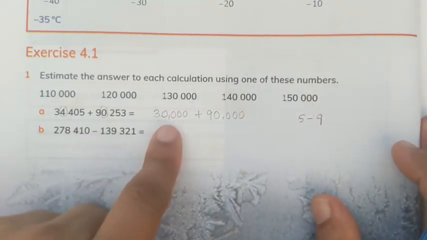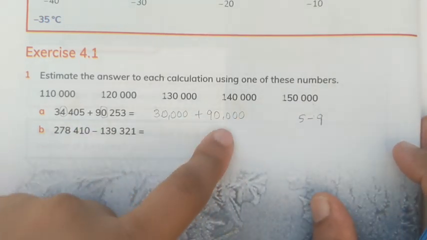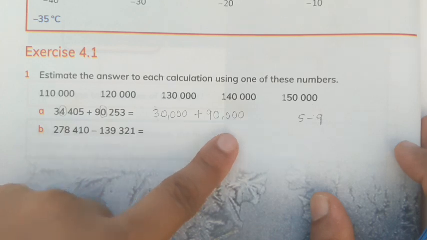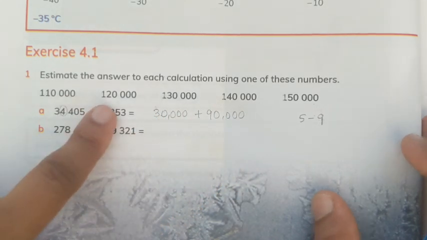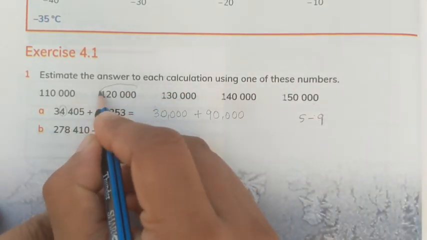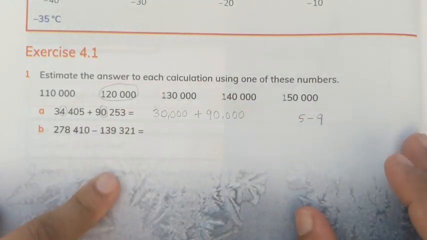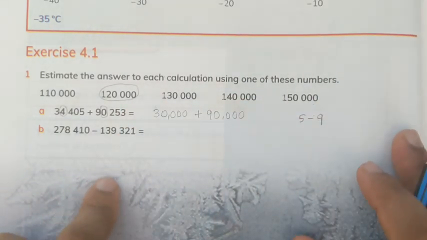Upon estimating, we get 30,000 and 90,000. We add them up, and 3 plus 9 equals 12, so we get 120,000. So the estimated answer to part A would be 120,000. Okay students, next we have